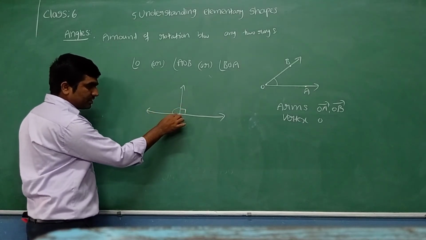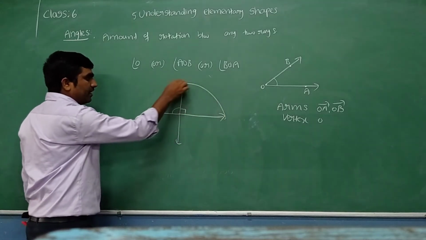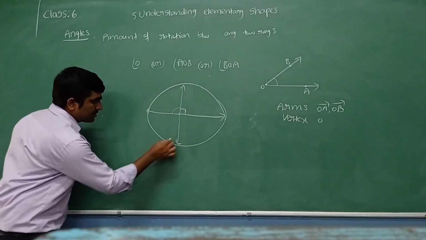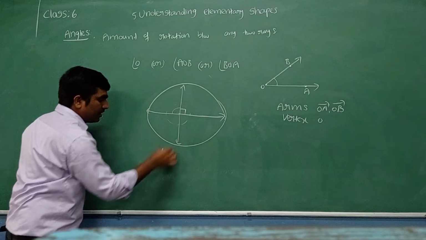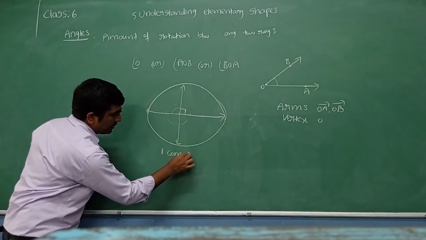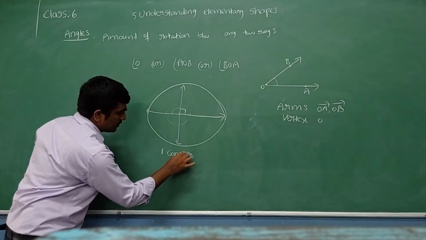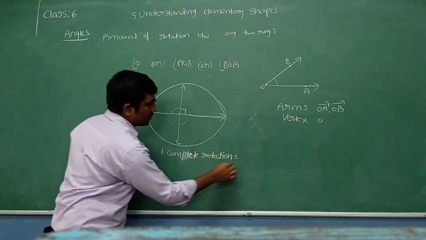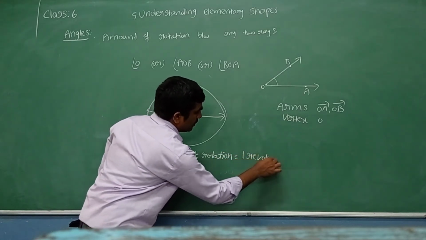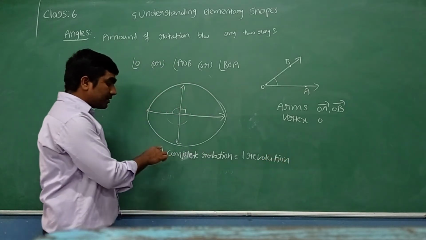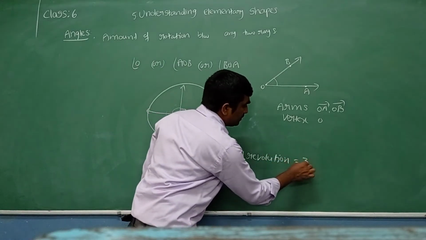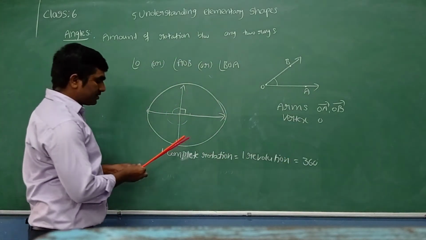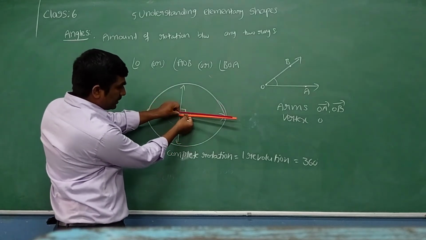Straight angle. What about this? More than a straight angle. See here, this is a complete rotation. One complete rotation, let me take one revolution. Let me write here: one complete rotation is nothing but one revolution. What do we call it? One revolution. That one complete rotation, one revolution, will be how many degrees? 360 degrees. Suppose one ray keeps the same position, the other ray can rotate.